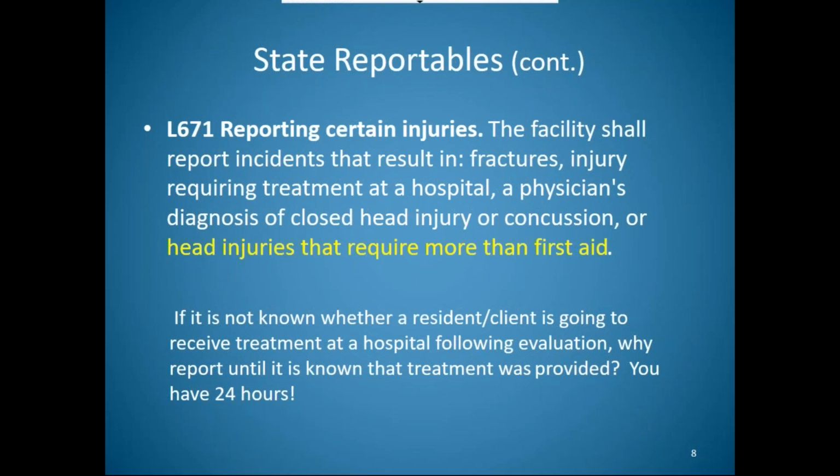On the other hand, if that resident went to the facility, was x-rayed, they found a break, they put them in a splint and set them up with an orthopedic surgeon appointment in a couple of days, send them back to the facility, that is reportable. Number one, there's a fracture involved. But number two, they treated with the splint and they are going to get them the orthopedic referral.